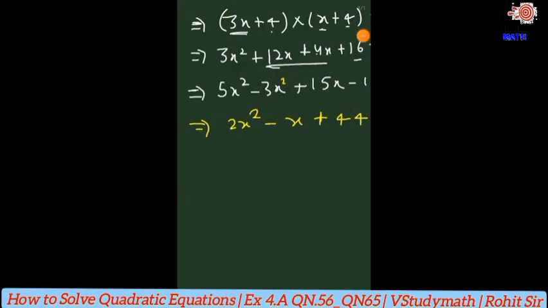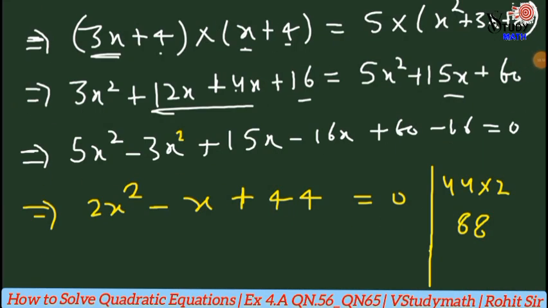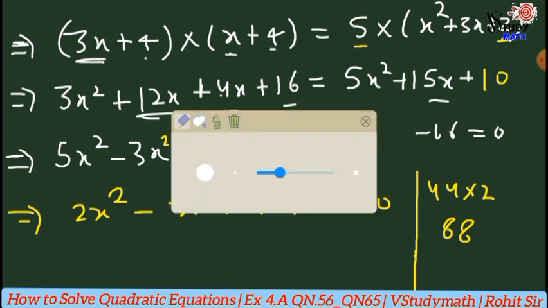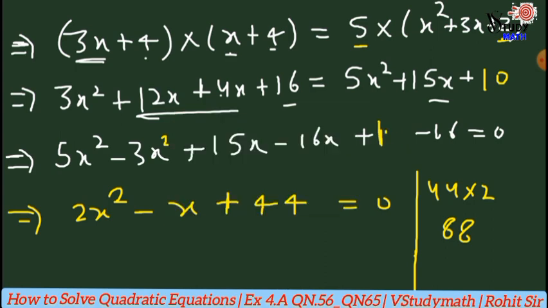Now we have to find two factors of 88 whose sum is 1. A little bit of a mistake, this is 2 here, so when 5 multiplies these two, it is equal to 10. So dear student, this is not 60 here, this is 10, and when 16 is subtracted from 10, then we have negative 6. So this is also wrong. So I improve my mistake here, you also improve yourself.